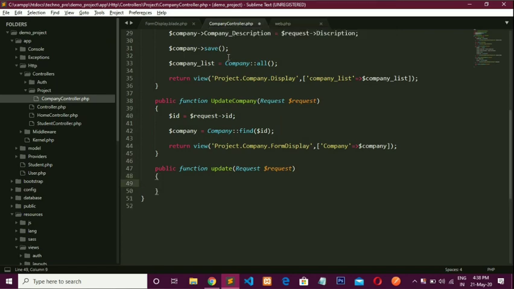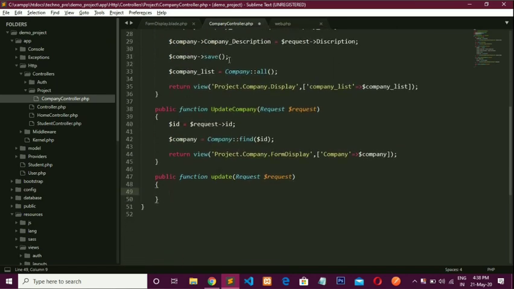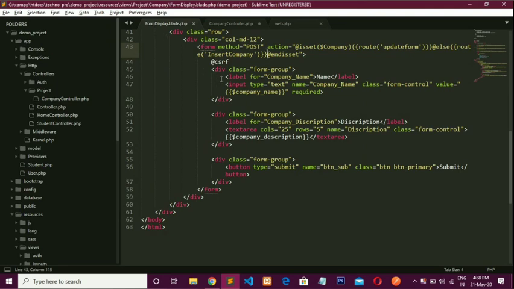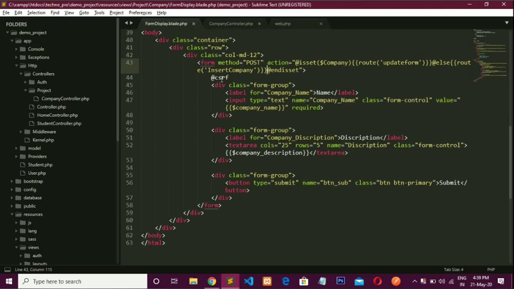So first of all, copy this line, because we also get the ID in this form. Here we have to pass one ID also.